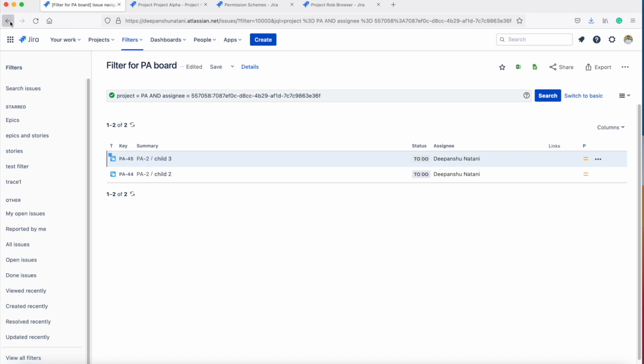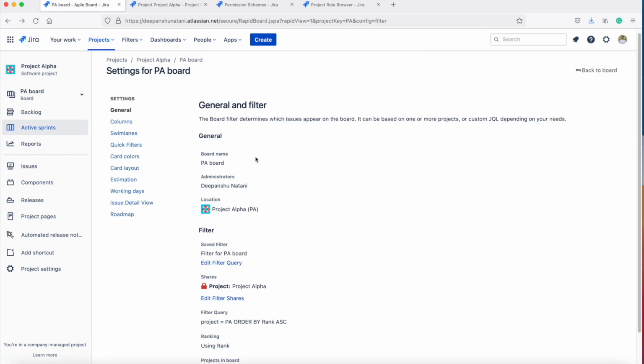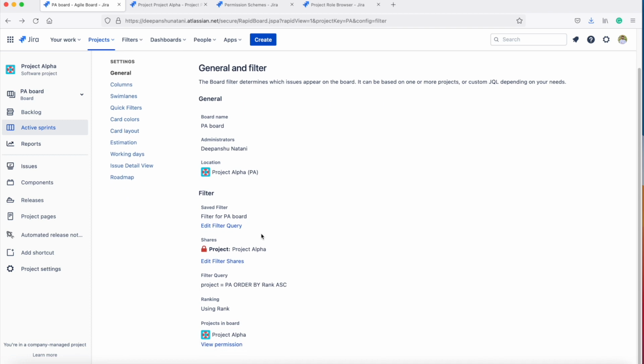Now coming back to our original board and filter query. Our sprint originates from this board, and this board is based on the filter query project equals PA order by rank ascending. So in order to grant the user access to this sprint, we just need to make sure that the user has manage sprints permission in this project, Alpha. The next thing we need to determine is the role which has been assigned to the user in this project. So we will go to the project settings,